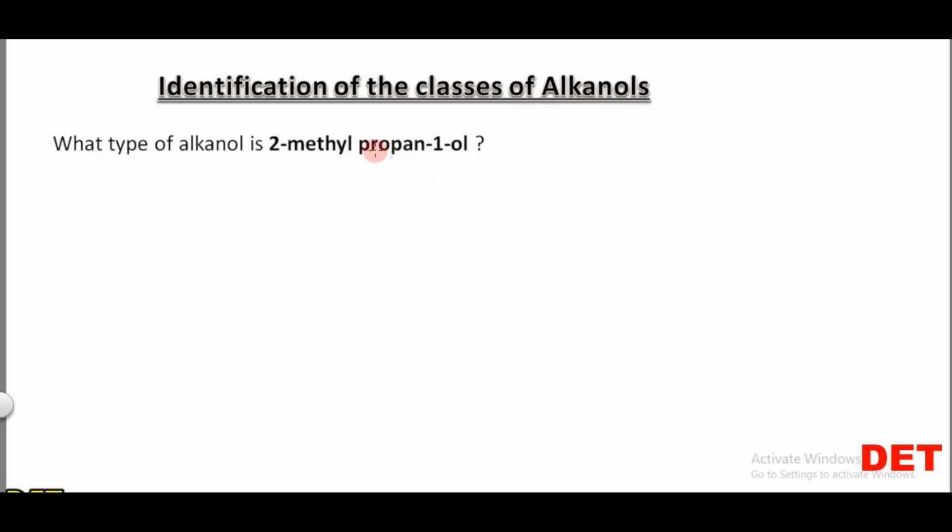Alright, so 2-methylpropan-1-ol, the parent compound here is a propane. So how many carbon atoms would I have? I would have 3 carbon atoms. So this is 1, 2, 3. Alright, so this is a propane. So the compound is